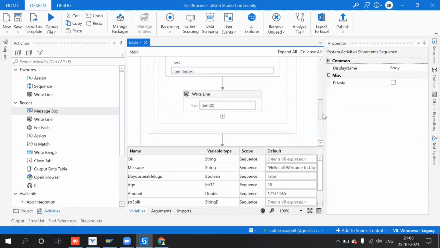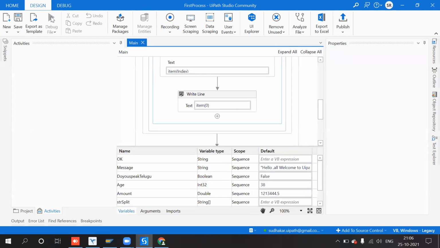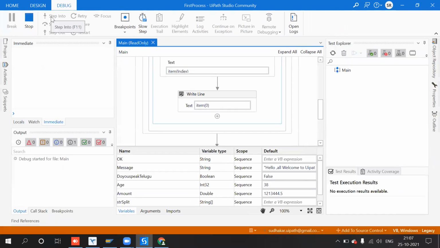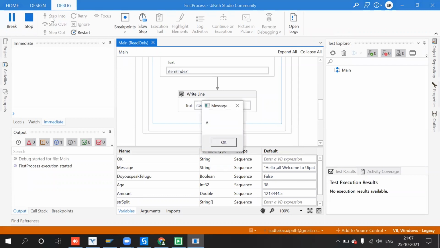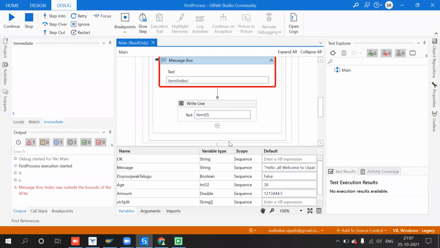Okay, so I got A. Next is I. Then I got an error: the index was outside the bounds of an array.